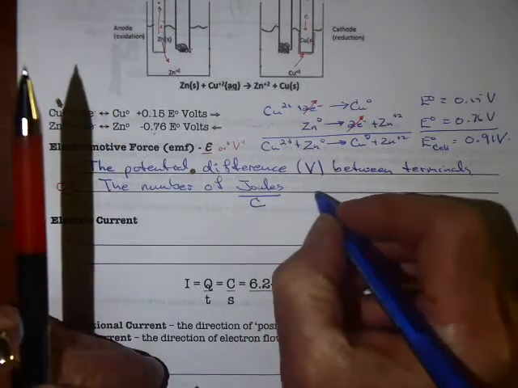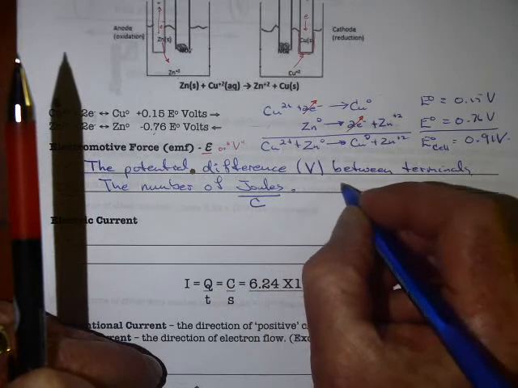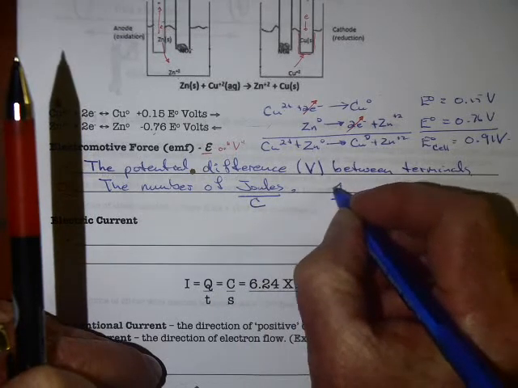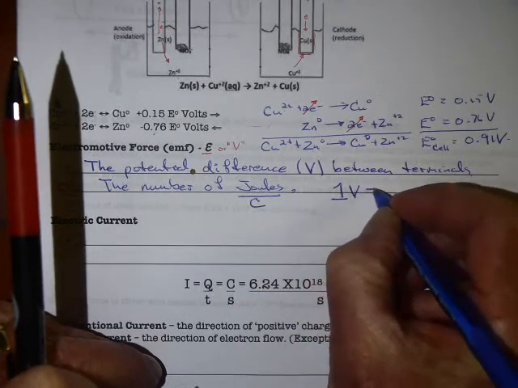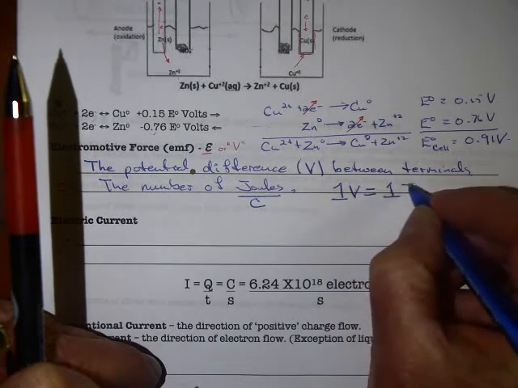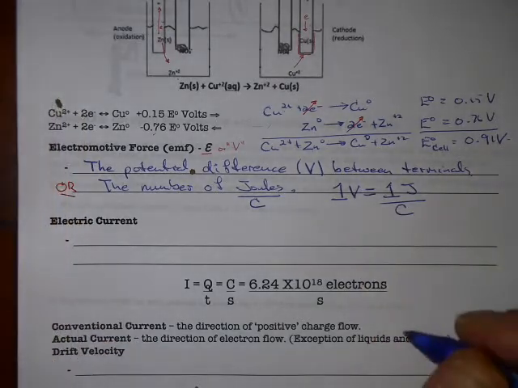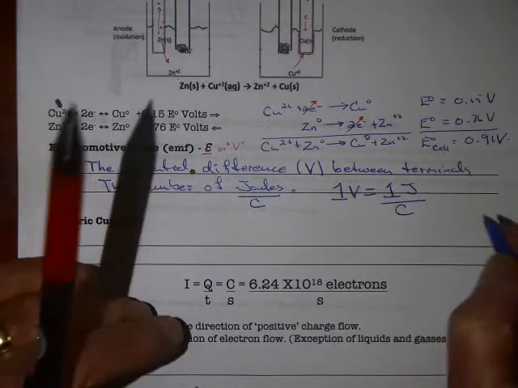So this statement tells us that 1 volt is equal to 1 joule per coulomb. Now when we talk about the difference between terminals, what we're saying is that